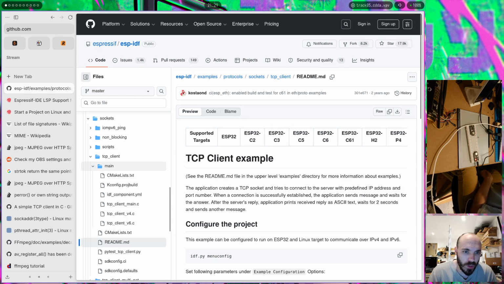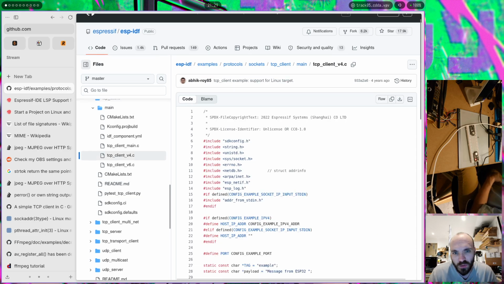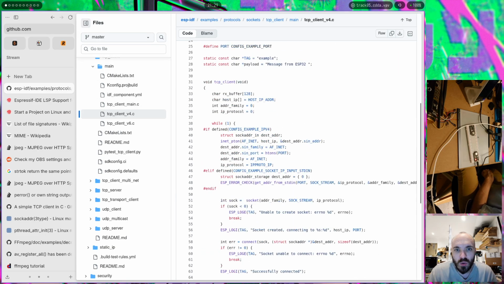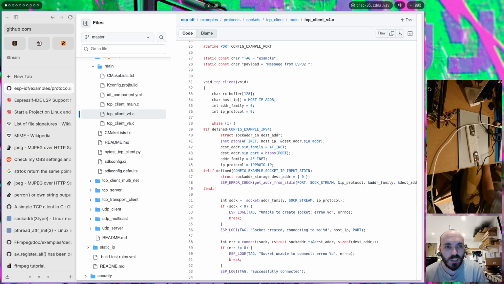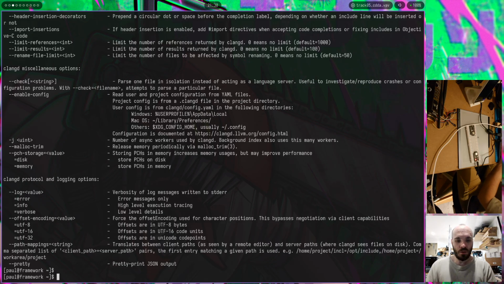So I'm gonna have to look at the source code. So TCP client v4 and v6. I'm gonna start with v4. I'm not gonna do the other one. So let's see. Host IP. Look at that. sockaddr_in, inet_pton, sin_family. So it's so similar to what I know that it's gonna be really nice. And I'm actually tempted to then go and literally grab workspace, OBS,